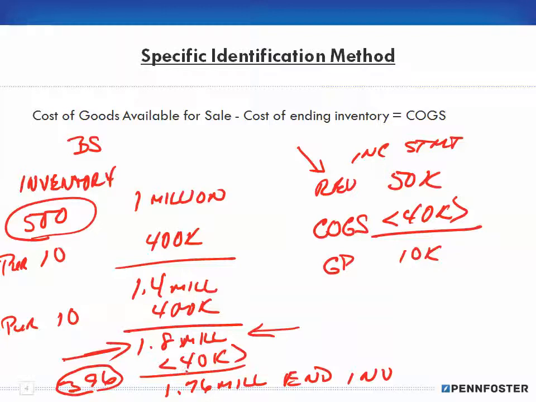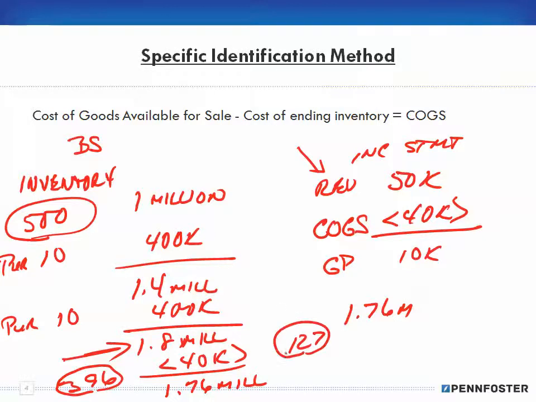So the most I had available was $1.8 million for sale. Okay, and then I take out the specific ID of 396, which gave me 1.76. Now, if I want to take it a step further, real quick, I'm still sitting at 1.76 million, right? And let's say the show still hasn't happened, and somebody comes and purchases car number